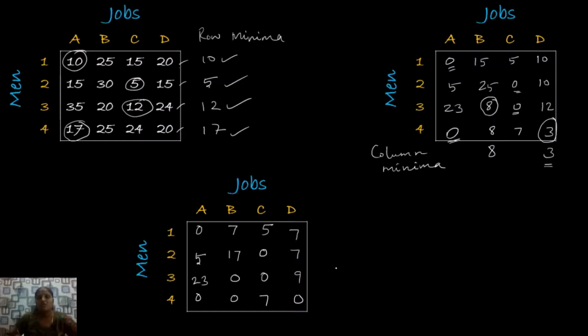So now we are going to give assignments. Don't give assignments here and there as you like. For that, I am giving you a short trick for making assignments to arrive at the optimum solution faster. First you count the number of zeros in each row and write it outside the matrix like this. Here the number of zeros in the first row is only 1. For the second row it is again only 1 zero. For the third row we have 2 zeros. And for the fourth row we have 3 zeros.